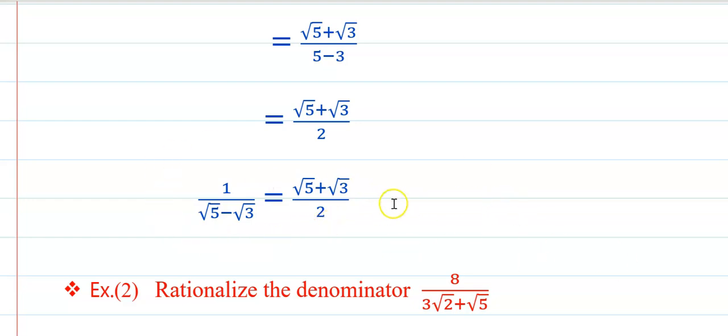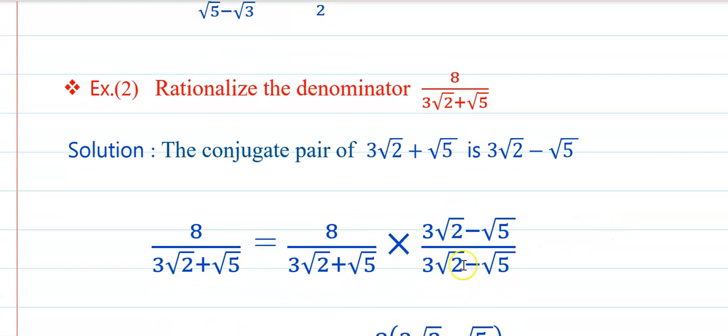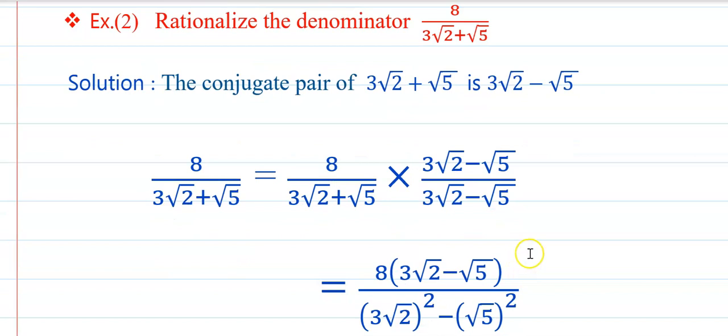या प्रकारे आपण डिनोमिनेटरचं काय करतो तर रॅशनलायझेशन करतो. नेक्स्ट प्रॉब्लेम बघा आता. Rationalize the denominator. What is the term? 8 upon 3 root 2 plus root 5. मग डिनोमिनेटरला इरॅशनल नंबर आहे. मग याचा कॉन्जुगेट पेअर घेणार. इथे प्लस साइन आहे. मग त्याचा कॉन्जुगेट पेअर मायनस येणार. That is, the conjugate pair of 3 root 2 plus root 5 is 3 root 2 minus root 5. And now we will multiply the numerator and the denominator by 3 root 2 minus root 5 upon 3 root 2 minus root 5. And in this way, their product. मग product किती मिळणार आपल्याला?